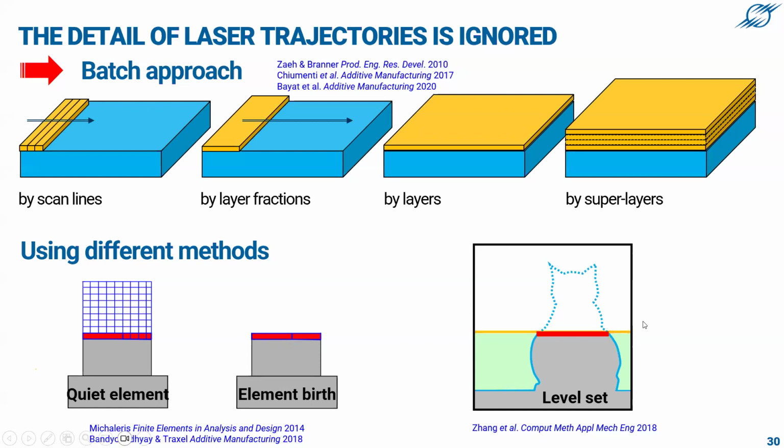So what we preferred, and this has been developed by Yancheng Zheng, essentially at CMF, is to do this addition of layers or layer fractions within a level set formulation. So the level set will signify the growth of the part, and that's an advantage also, since we can make the thermal computation within a single mesh, also involving the non-scanned powder, which has a significant impact because of its low thermal diffusivity.